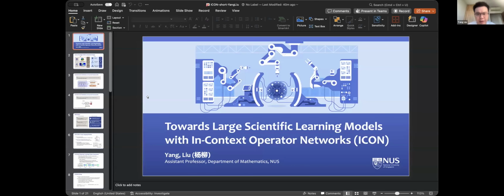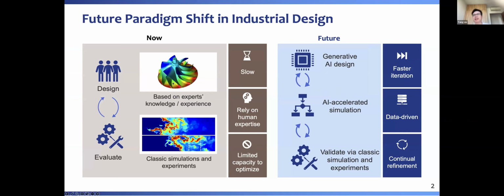Hello. Okay. Thank you again for the introduction, and also thank you, Baskar, for the great talk. So I think we have seen this kind of future paradigm shift in a lot of scenarios. Previously in industrial design, human experts try to make the design based on their knowledge or experience, and then we evaluate the design with classical simulations and experiments. This whole process is usually slow and relies on human expertise, and sometimes you have limited capacity to optimize. And our hope is that in the future we can use generative AI to design things, and then